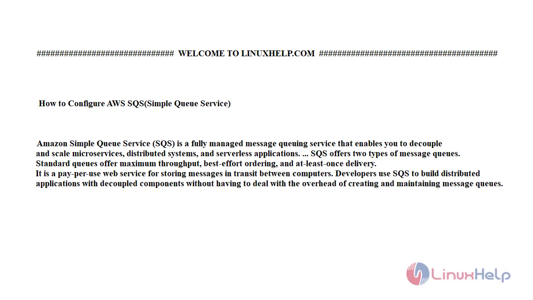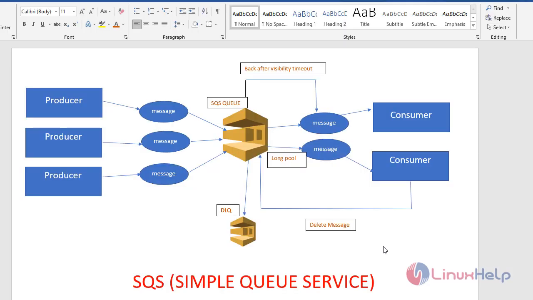So now let's discuss what AWS SQS is. Here in this block diagram, I will show you how it works before going into the practical workspace. As you can see, here we have producers, and over here we have consumers of the SQS queues. The producers produce the messages, which go into the SQS queue. From the SQS queue, they are consumed by the consumers.